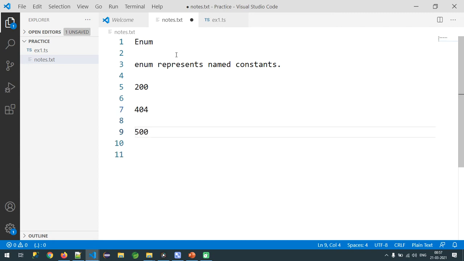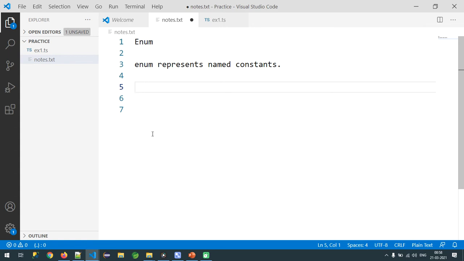404: path not found. 500: application server error. Now tell me, when you started your career as a programmer, all these were unknown to you, and you simply tried to memorize all these error codes, sir. But there is a better design. We are also going to use common status codes in the project, sir. So I'm going to show you how best we can use the enum to represent this kind of information.